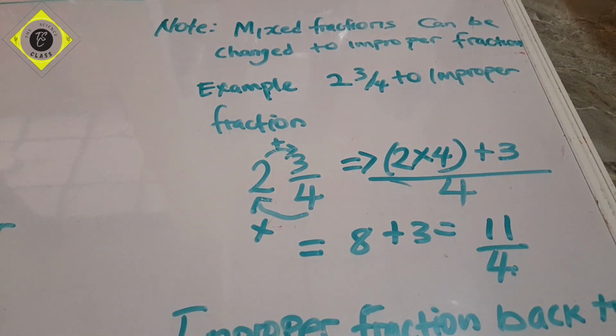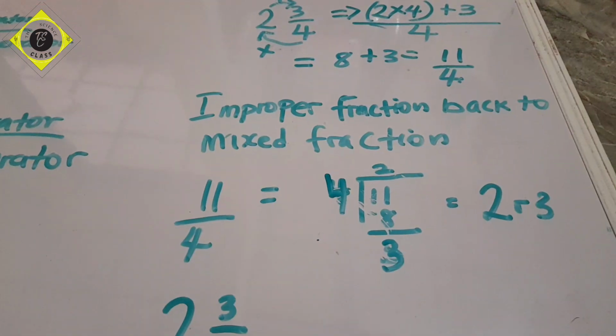Let us see how we can convert the improper fraction back to a mixed fraction. If you notice well, you see that 11 over 4 is an improper fraction. That's to tell you that every improper fraction can be converted back to a mixed fraction, and a mixed fraction is a whole number and a proper fraction. So how are we going to do this? We are going to